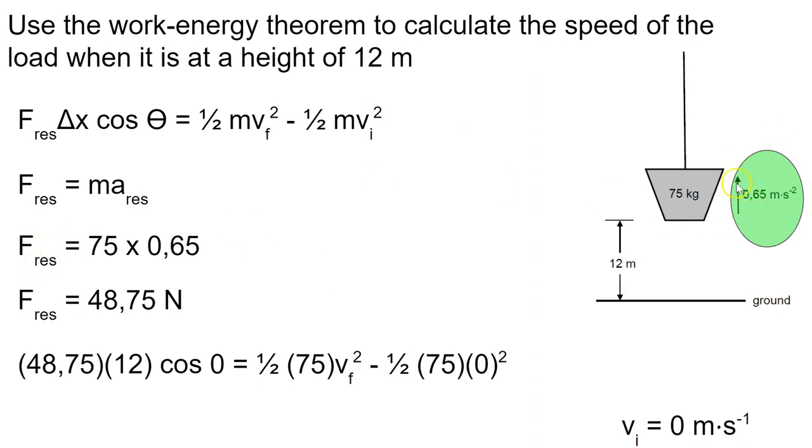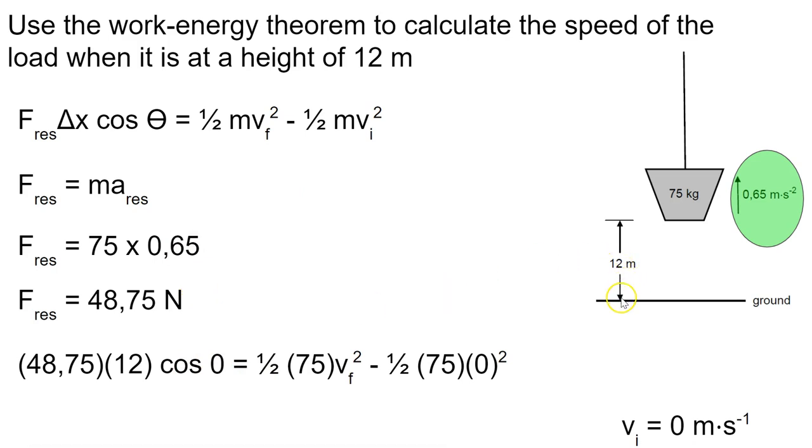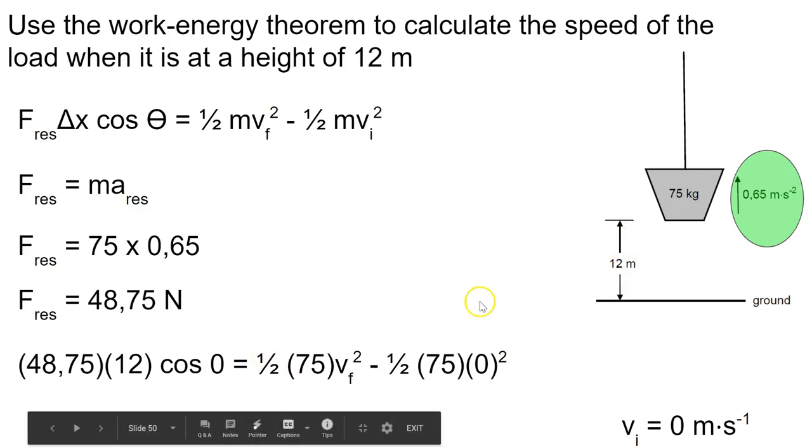Because my resultant acceleration is going upwards, I know my resultant force is going upwards. So the angle between the direction that this is moving and the resultant force is 0. And then I can put in my values for my